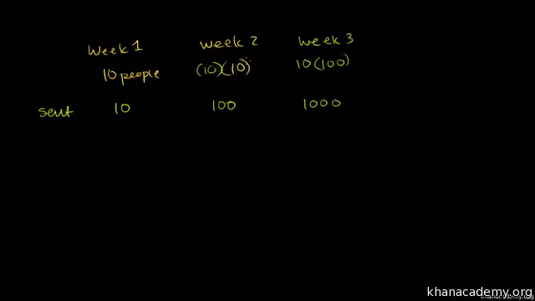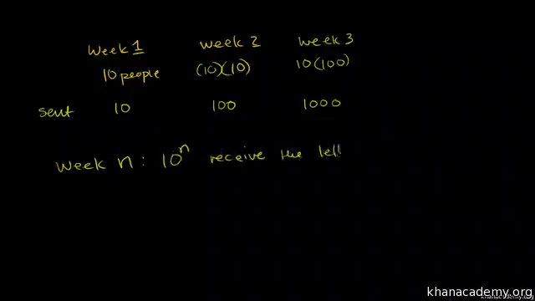And so the general pattern here is the people who receive it. So in week n, where n is the week we're talking about, how many people receive the letter? In week n, we have 10 to the nth people receiving the letter. I before E except after C. So if I were to ask you how many people are getting the letter on the 6th week,